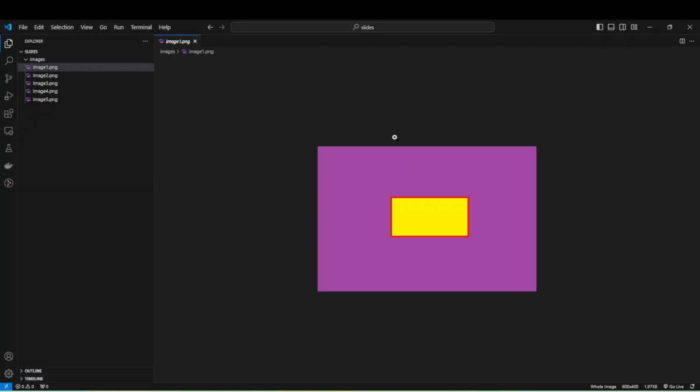Hi everyone, today I'm going to show you how to build an image slider element in JavaScript, HTML, CSS. Overall, it's a good exercise to improve your JavaScript, HTML, CSS skills, and also it's an often asked JavaScript interview question